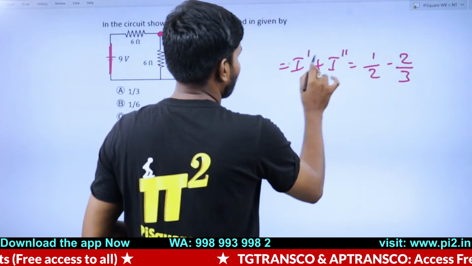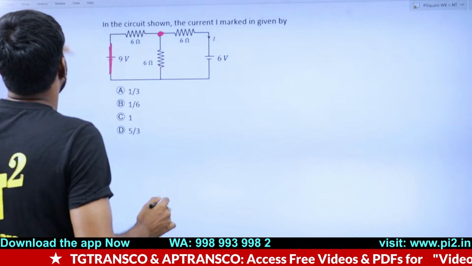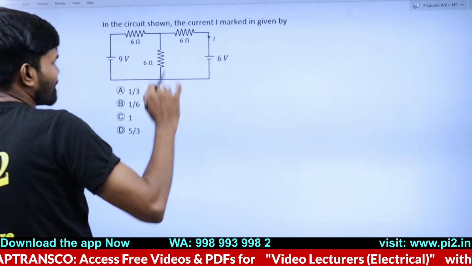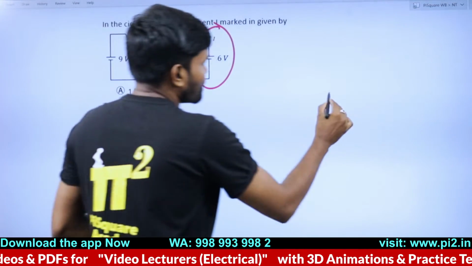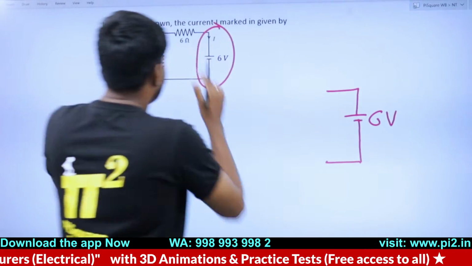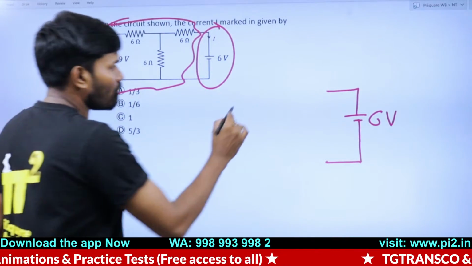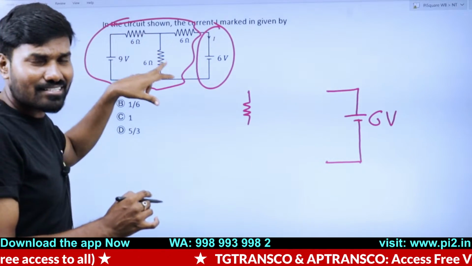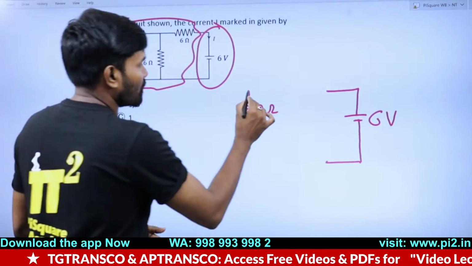What does Thevenin's theorem say? Don't think that there are lots of steps, sir. It's not many steps. If you know the concept, in one direct step you can write it. Let me consider this one as a load, this 6 volt load, and keep it separate. For this circuit, I'm trying to find the Thevenin's resistance. Quickly, short circuit this. These two are parallel, 6 and 6, 3. 3 plus 6, 9 ohms. 9 ohms is the Thevenin's resistance.